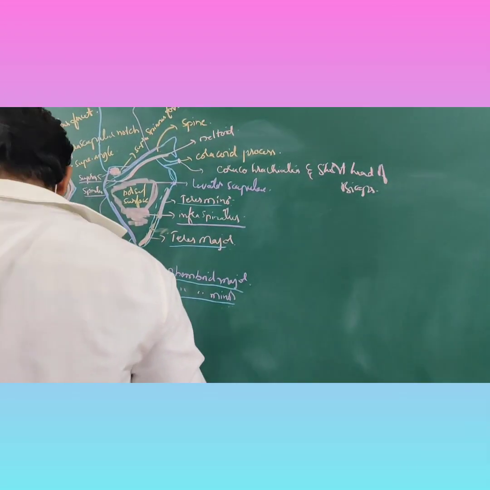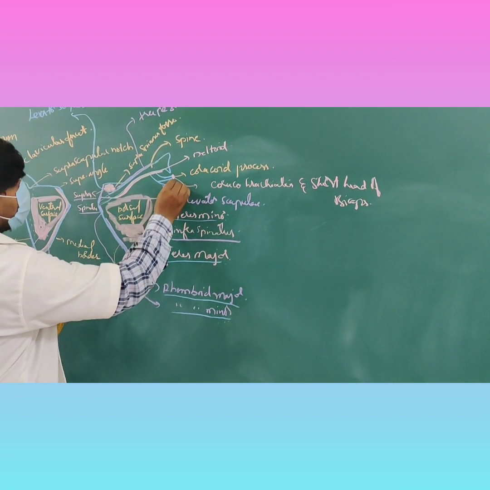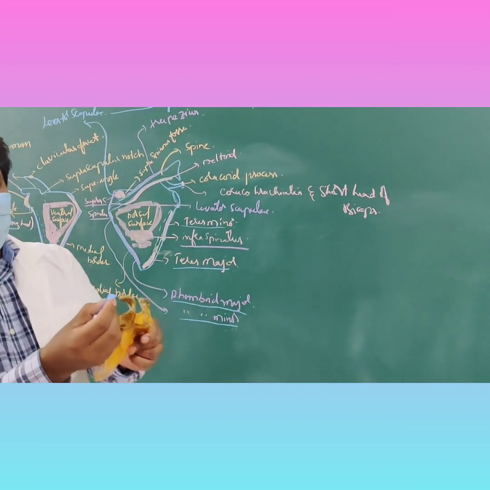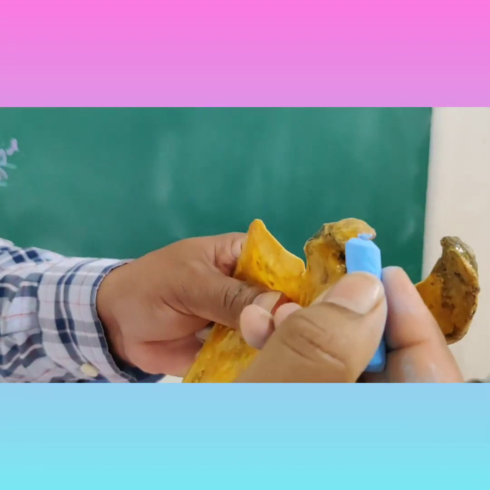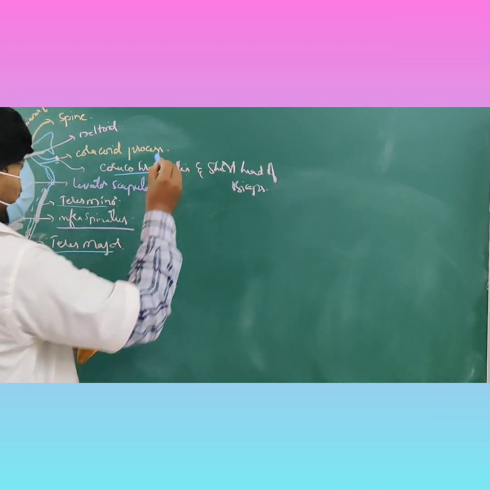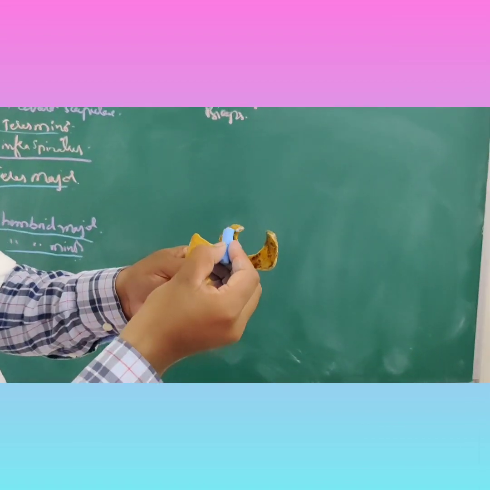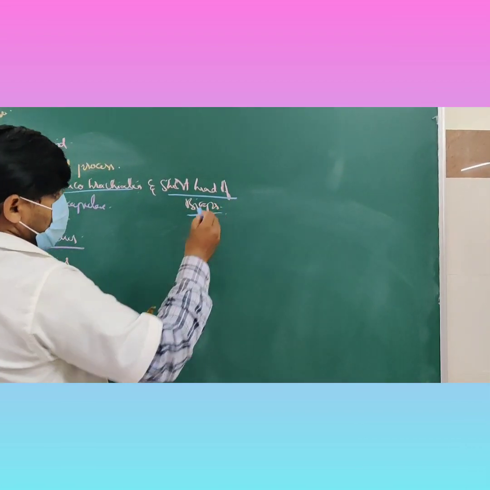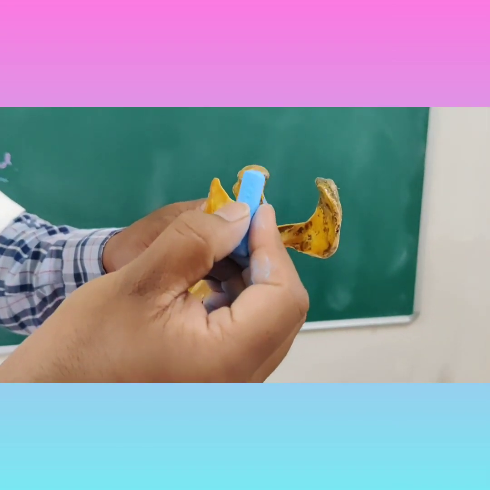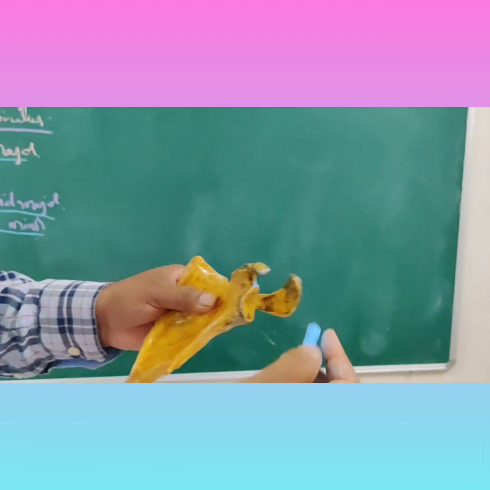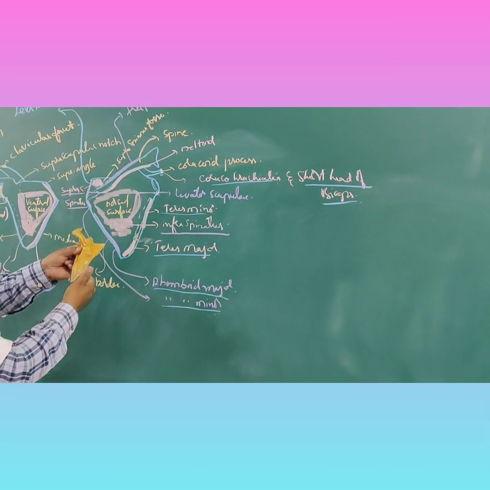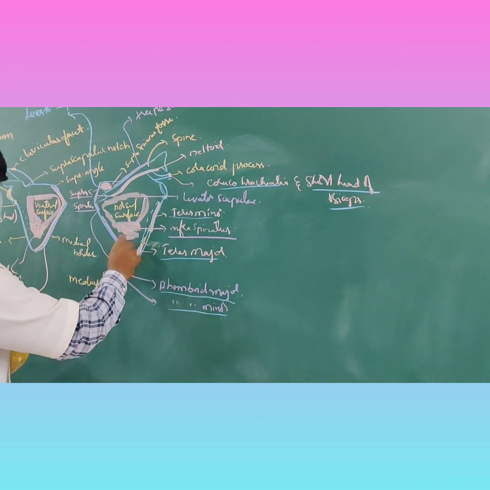Then next we have the coracoid process here. You can make out the coracoid process here. The tip of the coracoid process gives origin to two muscles: the coracobrachialis and also the short head of the biceps. The short head of the biceps and the coracobrachialis originate from the tip of the coracoid process. That you should remember. So this is about the dorsal surface of the scapula.